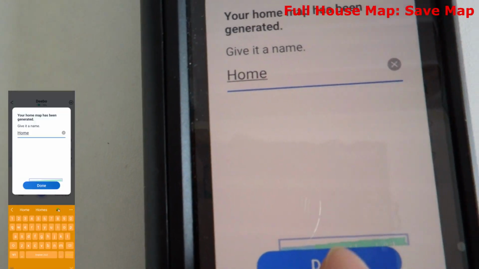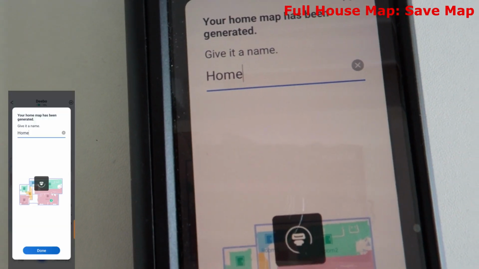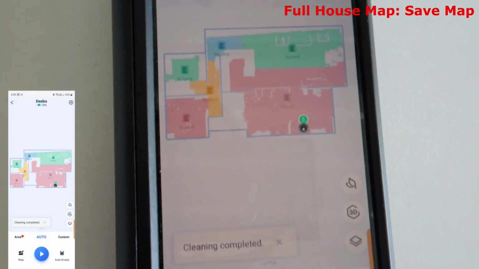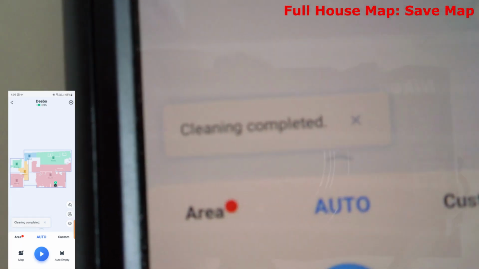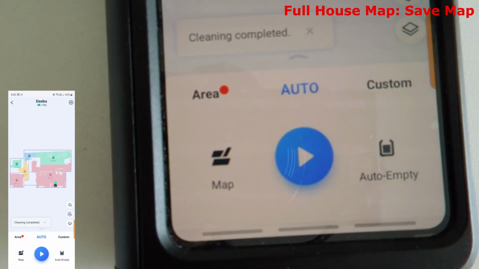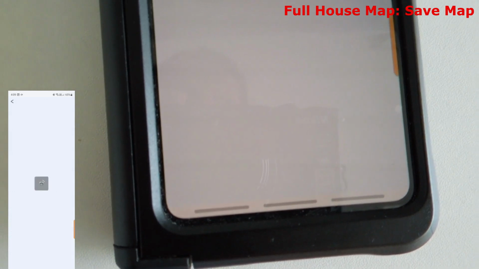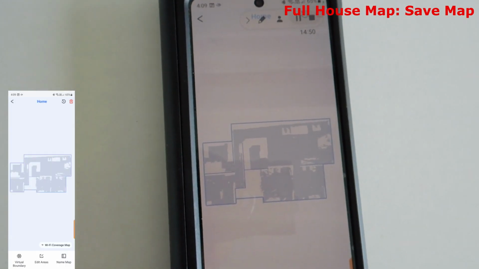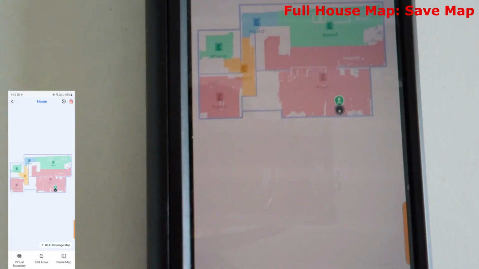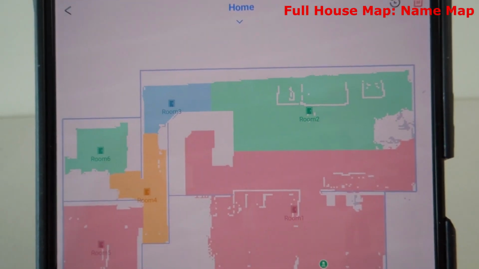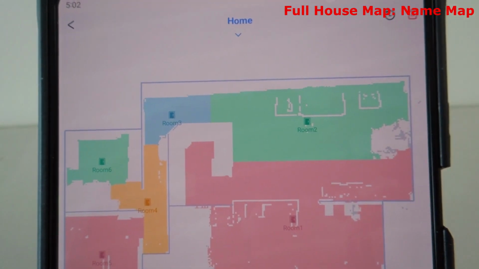Right now I'm calling this map home, and then you simply press done, and that should save the map as home. There is a map icon that comes up at the bottom. If you click this map icon, that's where you'll see the full house map has been stored and it's been called home. So if you click on the map icon in the ECOVACS Home App and bring up your home map,